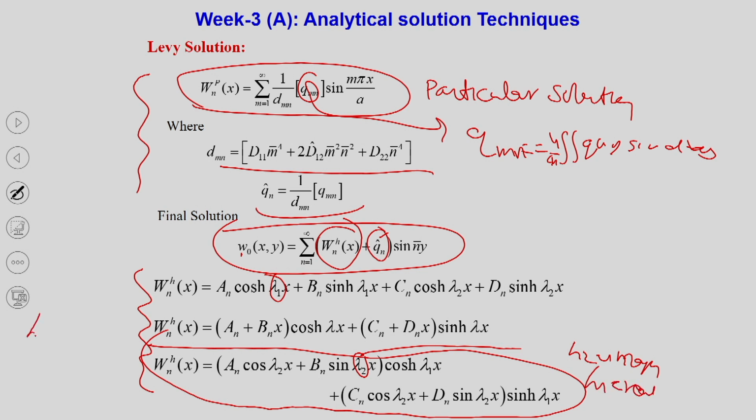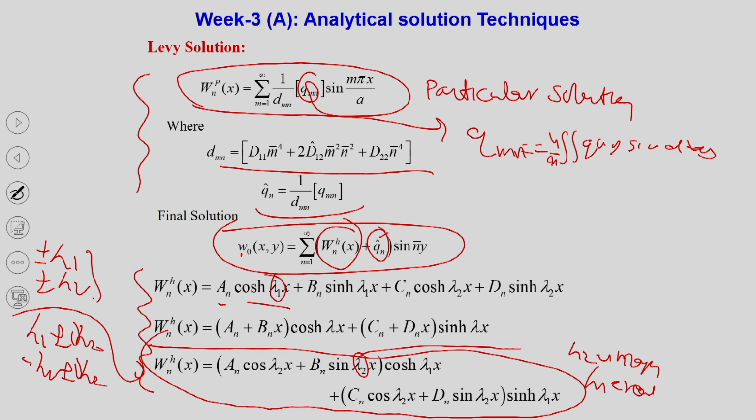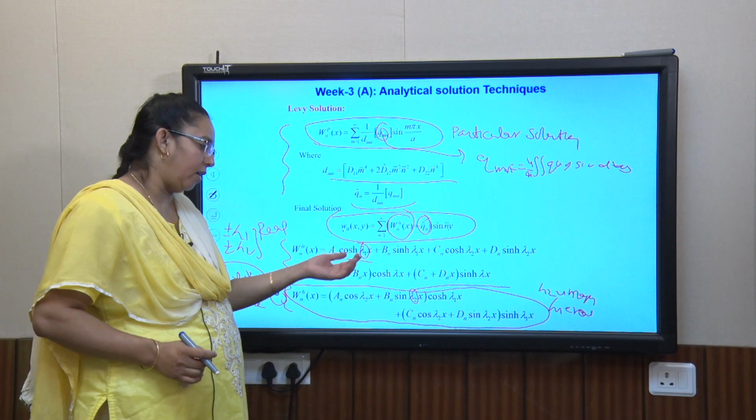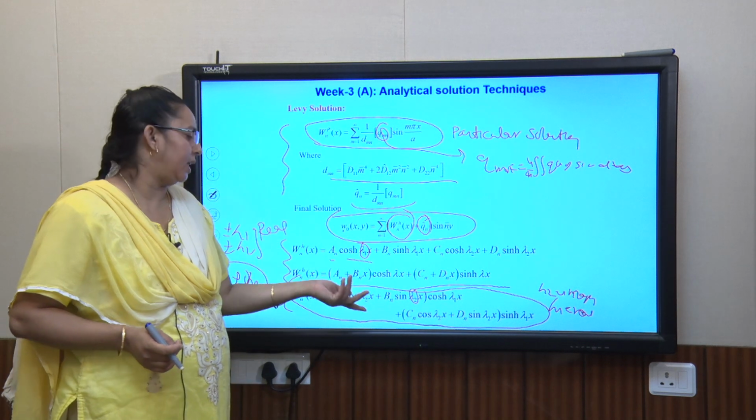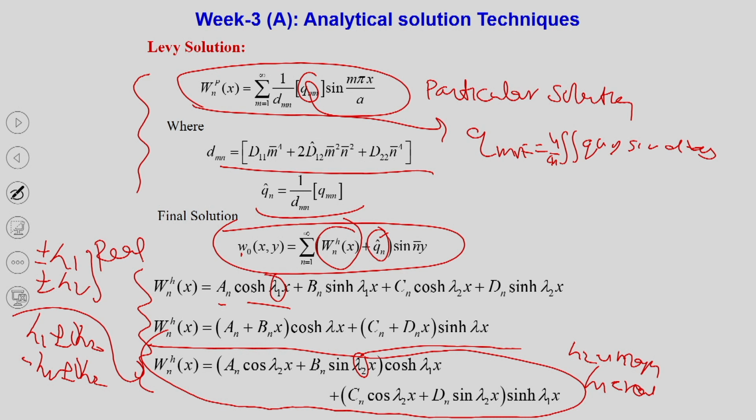Basically this is like lambda 1 plus minus lambda 2 of I, then minus lambda 1 plus minus lambda 2 of I, like that for complex. Here lambda 1 plus minus lambda 2 like this, where it is a real case. So you must be careful about the meaning of this. Most of the books give it this way, or you can write it in a better way as lambda 1, lambda 2, lambda 3, 4. But if you are writing in the form given in Professor Reddy's book, then lambda 2 is this and lambda 1 is this.